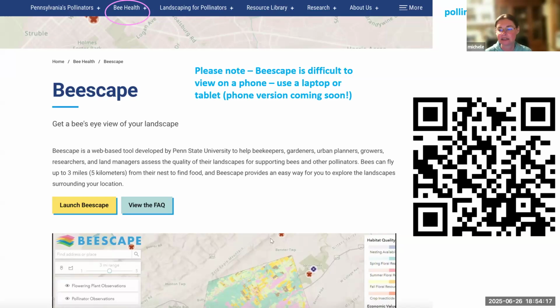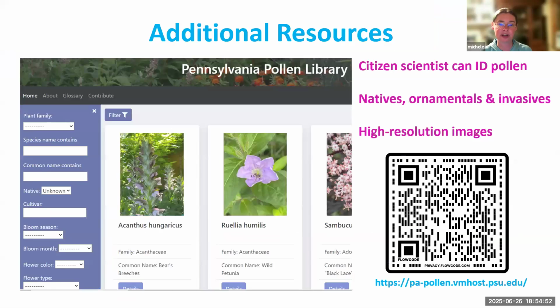Beescape does essentially what you could do with your two feet, but on a much bigger scale. It will tell you what your landscape is primarily used for. Is it agricultural? Is it urban landscaping? And it will also, to some degree, obviously the resolution is amazing in my county. I wonder why. You can look at any place in Centre County, you can know almost every plant that came from that spot. But we're trying to work with other researchers to broaden this to, for sure, the continental United States. So hopefully at some point we'll be able to use, and actually what I would love to see is some of the historic data go into that.